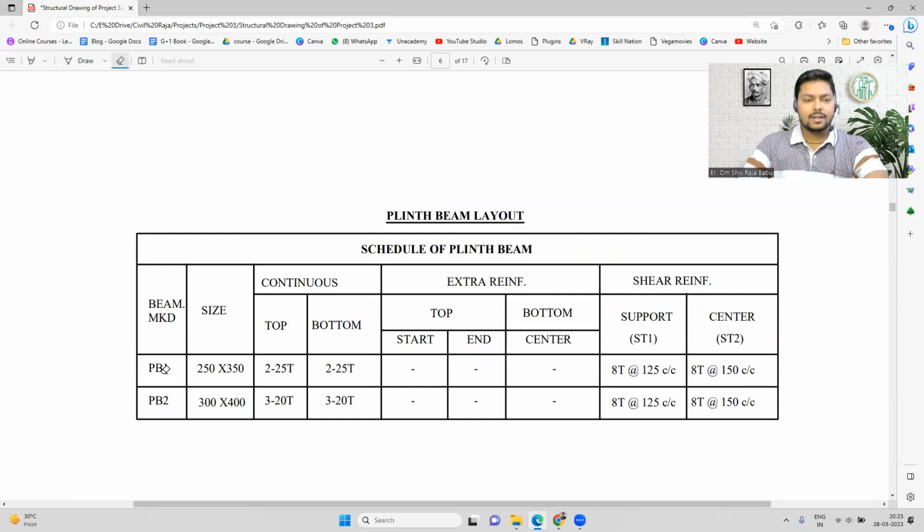So first is the PB1, which is having the size of 250 by 350, and then there are bars. So you can see we have 4 bars in total. The top 2 bars are of 25 dia, and the bottom 2 bars are of 25 dia. There is no extra reinforcement, so these bars will be the continuous bar, and there will be no discontinuity